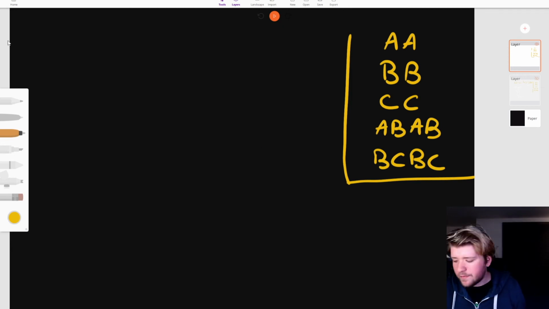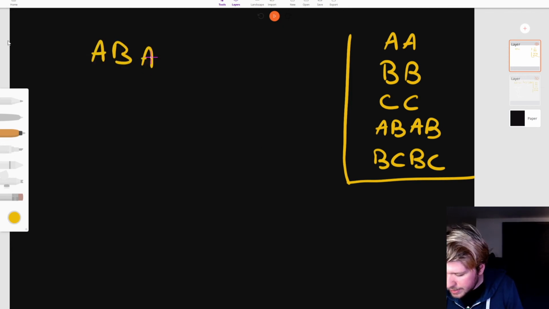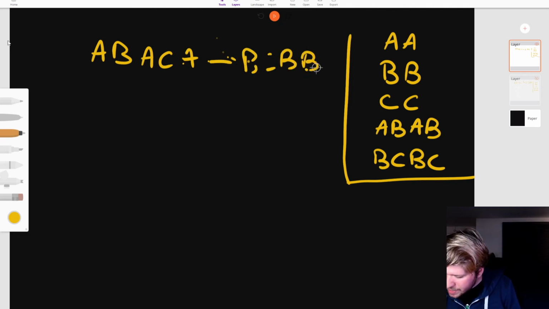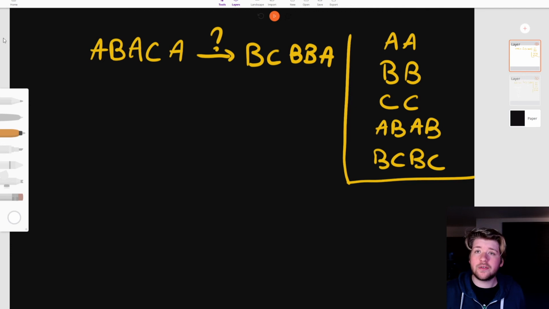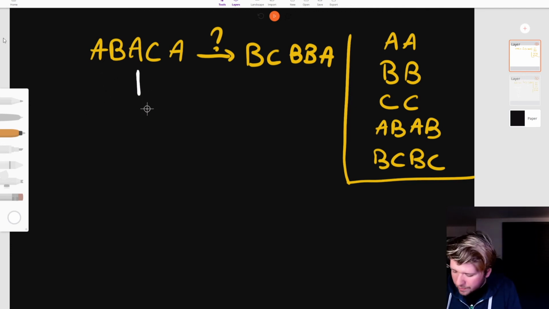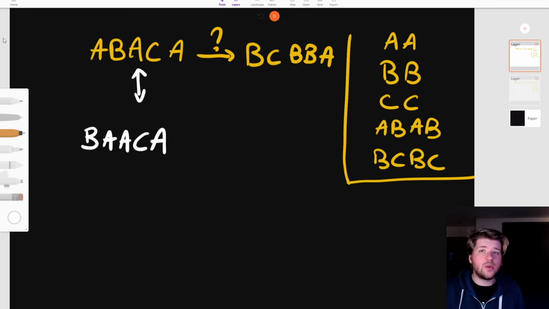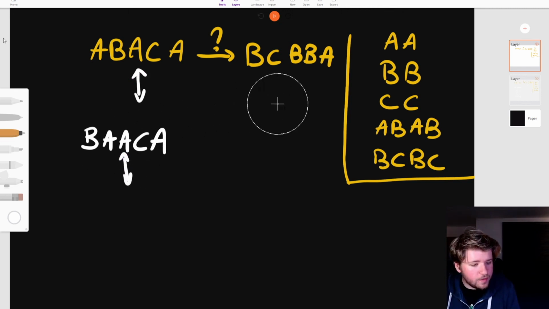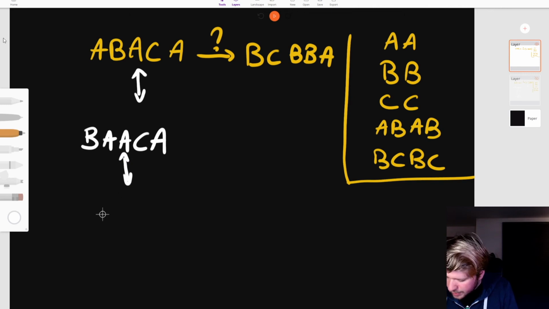Now let's go back to my first example. So A, B, A, C, A. We wanted to know whether or not we could convert that to B, C, B, B, A. And the way to do that will be to transform both into the same form that I've defined previously. So we will take first all the B's, then put them to the left. So here we have B and then A, C, A. This operation is actually reversible because, as you remember, B can move freely. Then what I want to do is remove all groups of even size. So here we only have this double A, and so it's gonna have the form BCA at the end.